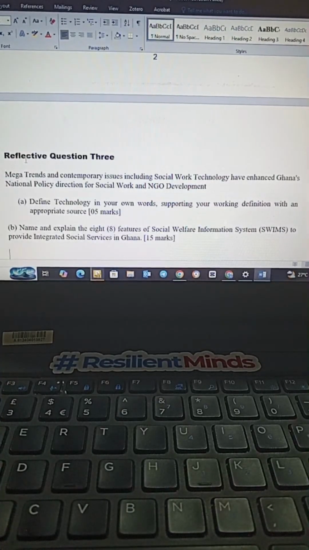You get it? So that is also one feature of the SWIMS, and another feature is data security and confidentiality. It helps in protecting the data and also guaranteeing confidentiality. At first, people who went to the social welfare department found them using hard-copy books and other things, and sometimes the office had burnt. Everything is gone. No data, no history. But now, with the help of the SWIMS, we have data security and also data confidentiality.